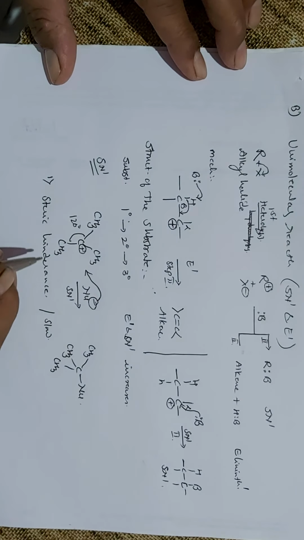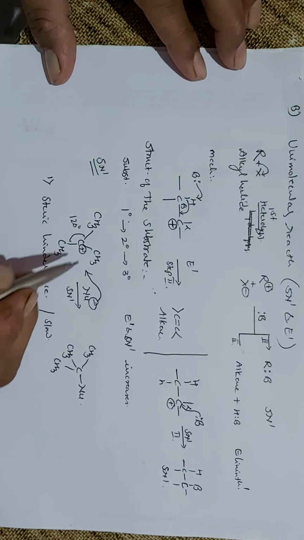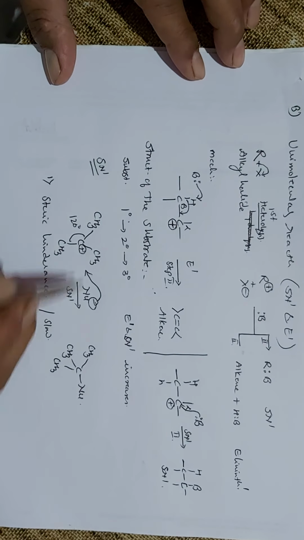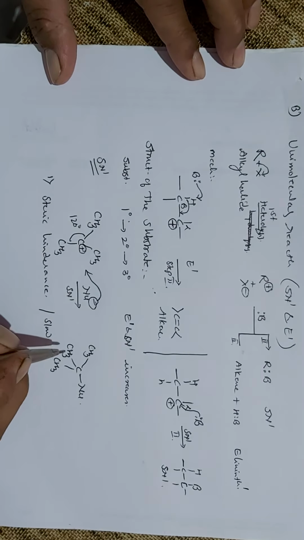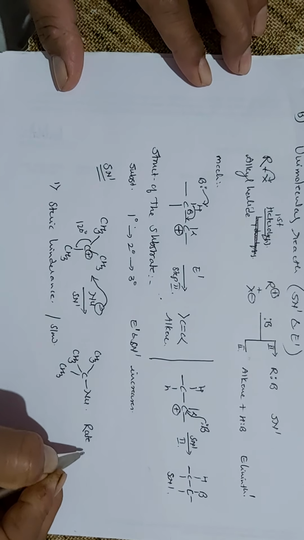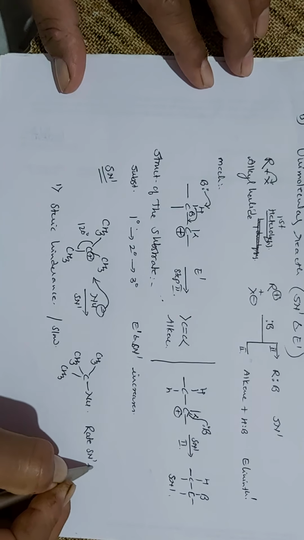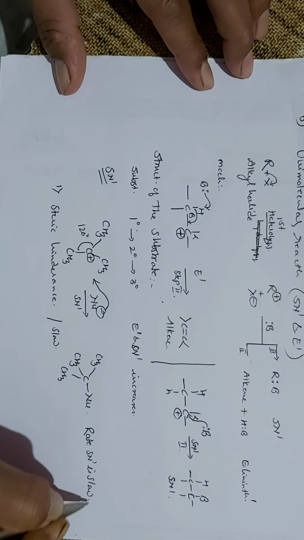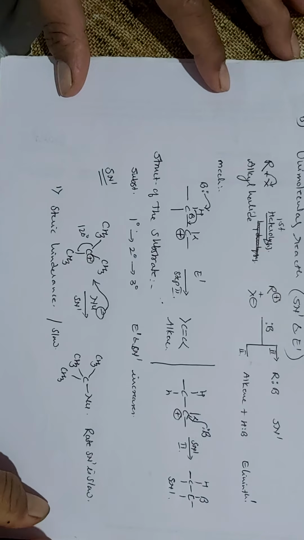And the second thing, the carbocation itself is more stable than the product, and so the rate of SN1 is slow. The rate of SN1 reaction is slow. But if you see